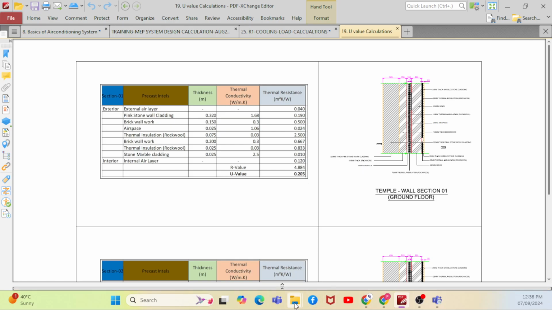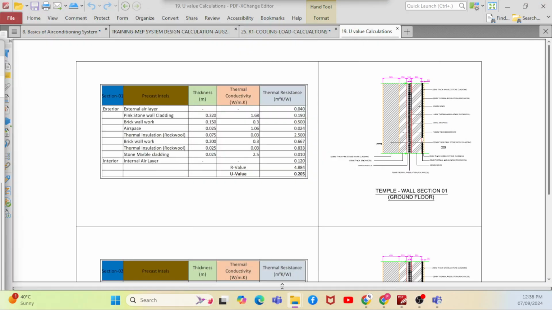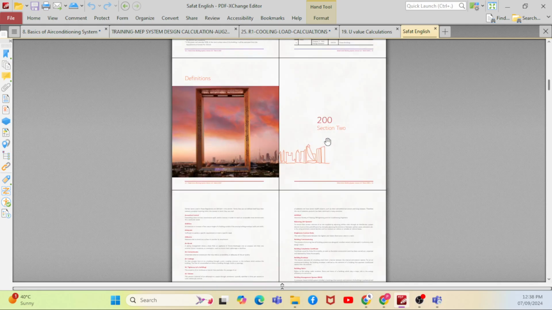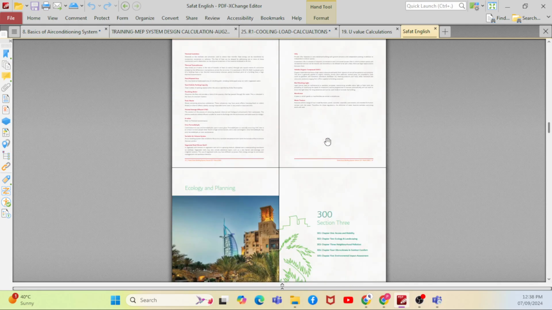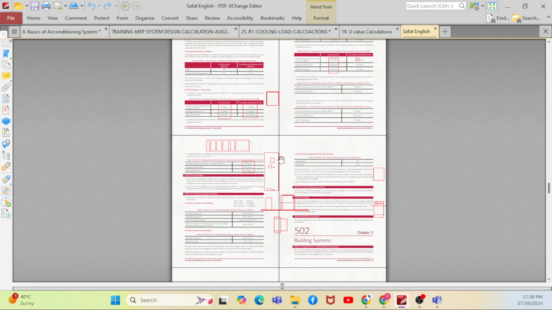The total U value should be as per the municipality regulation. So we won't go for each of the materials used. We'll take the sum total and see if it is under the regulation. If you go to the Dubai building regulations, you can see they have given